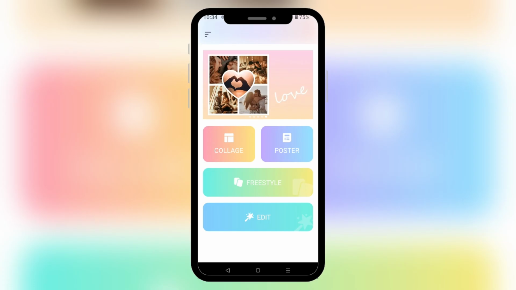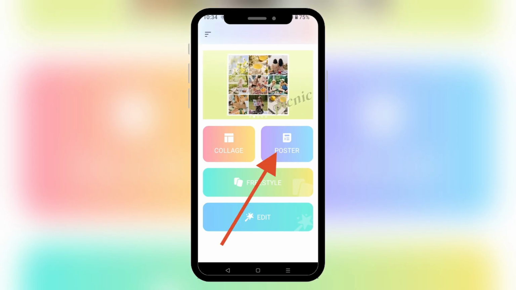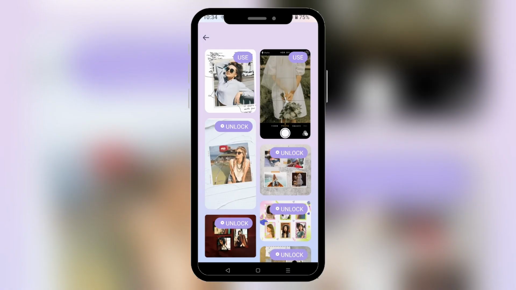I'm already inside it. Once you're inside, on the home screen, you can see an option called poster. It's right over here. Simply tap on it. And here you can see several templates. Choose the one that you like. So basically you can just use some templates as it is. For others, you have to pause the video and only after that you can unlock the poster template like this